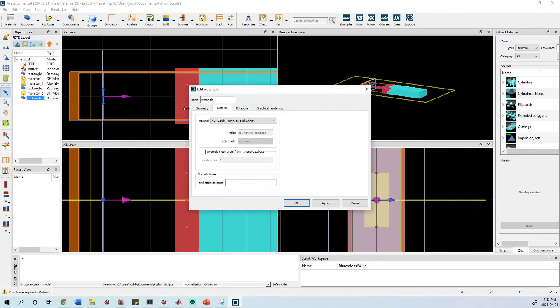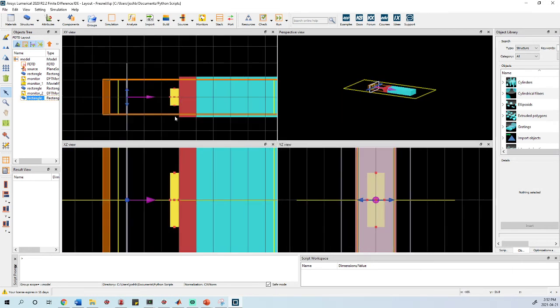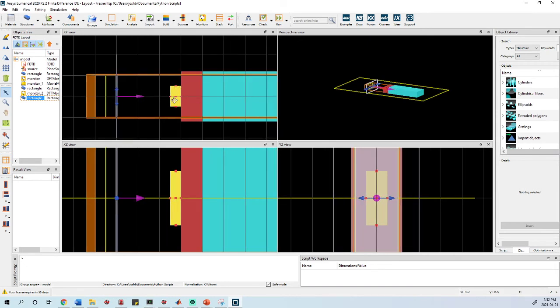This one here, I want this to be from negative 100 to negative 150. Ah, there we go. Sorry about that, guys. All right, so now we have our gold nanoparticle on top of silicon, on top of